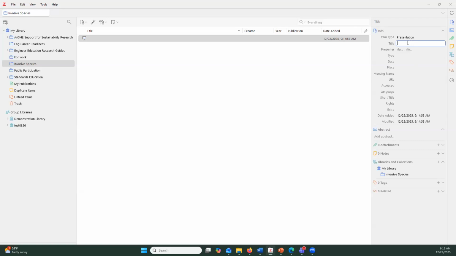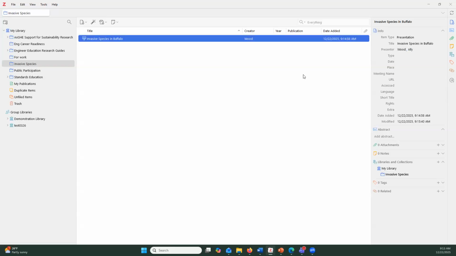Zotero will eventually use this information to make my citation later on, so I want to make sure it's as accurate and complete as possible. But you'll see they sometimes provide many fields here. You don't have to fill them all in, just fill in as much as you can. So you can easily just click on each field and add the information you need to. And so on. I would keep filling this in with all the information that I had.